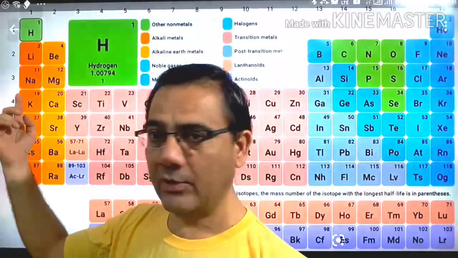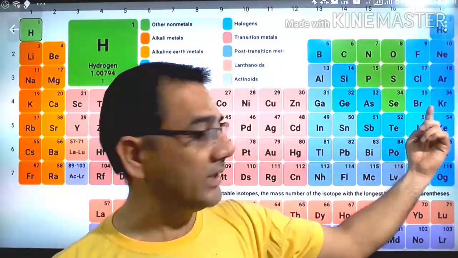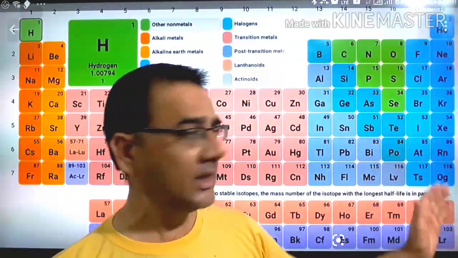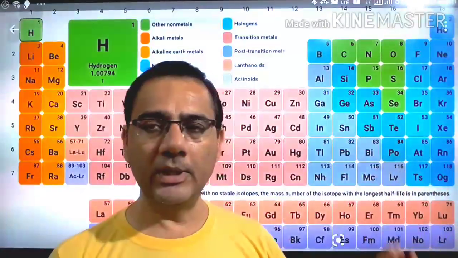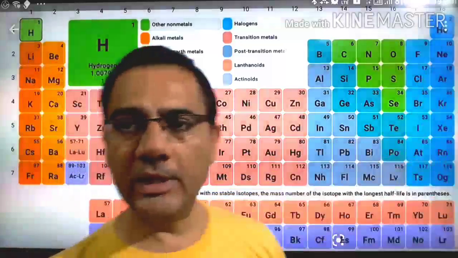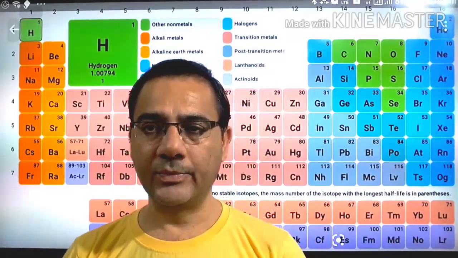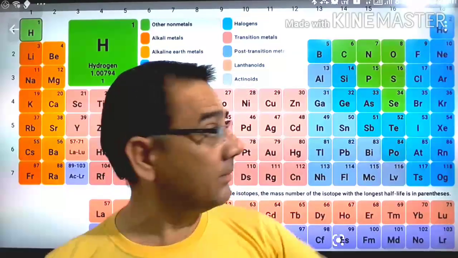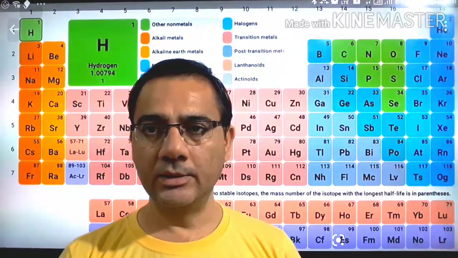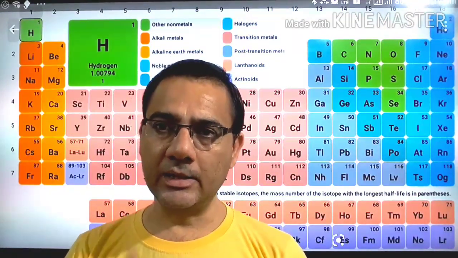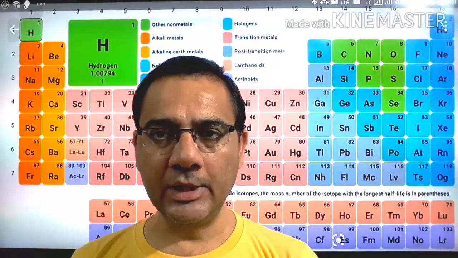All these elements from group 1 to group 17 always think that they want to become like noble gases. For all these elements, from here to here, these noble gases are the ideal. Ideal means every atom, every element wants to become like noble gases. They think that if we become like noble gases, then we become stable. So how do they do it? Either by losing or by gaining or by sharing.